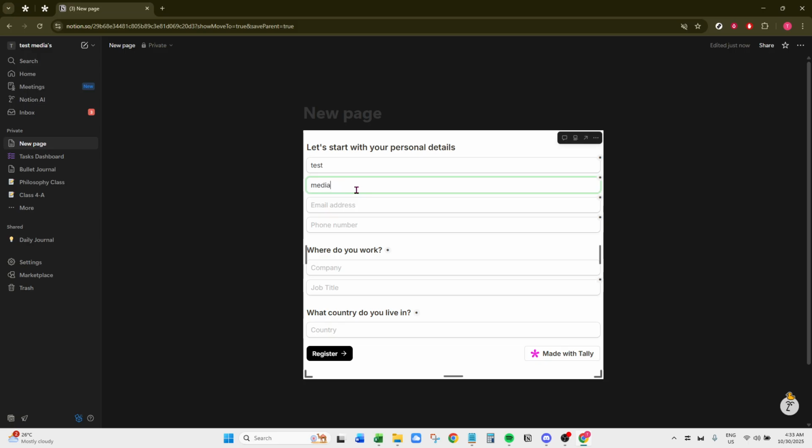So to create effective forms for data collection in Notion, this integration can simplify your workflow and keep your projects